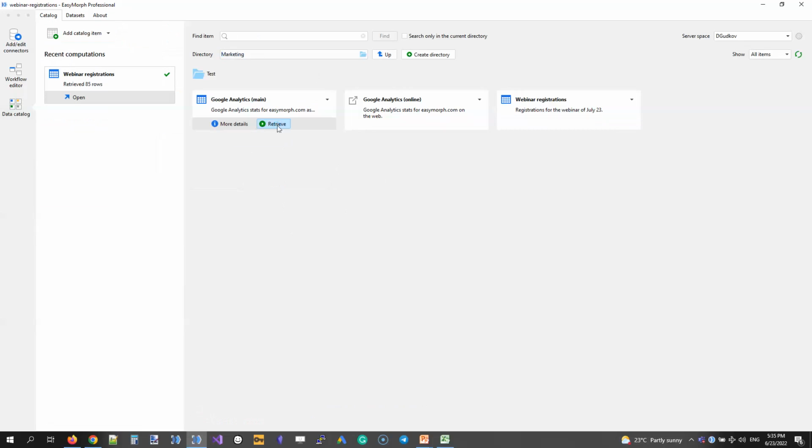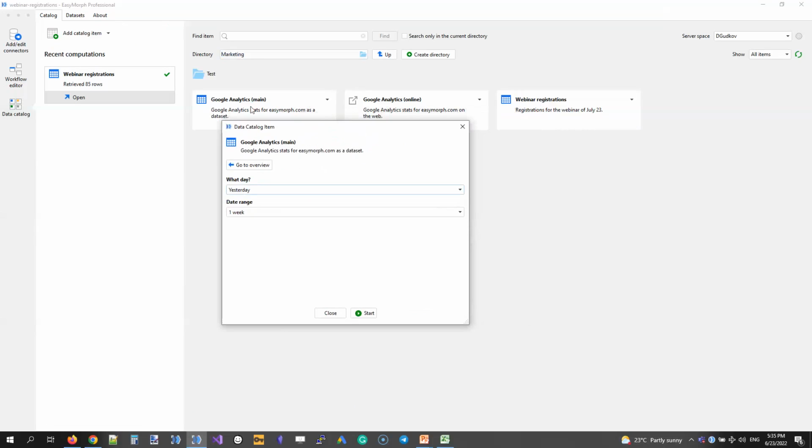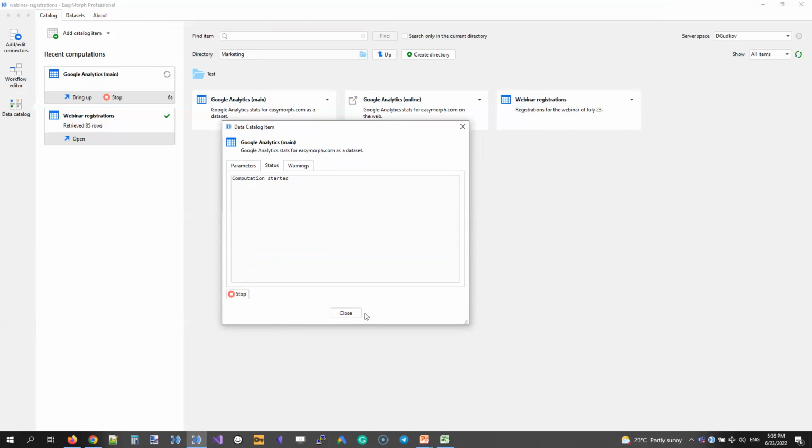Now when I press retrieve, I can specify parameters, because the workflow that runs underneath this item has parameters. So I can configure parameters. For instance, I want to pick the analytics for 2 weeks, and I press start. Now EasyMorph goes to the Google Analytics API and pulls data from Google Analytics. So that's another source of data for my marketing needs.